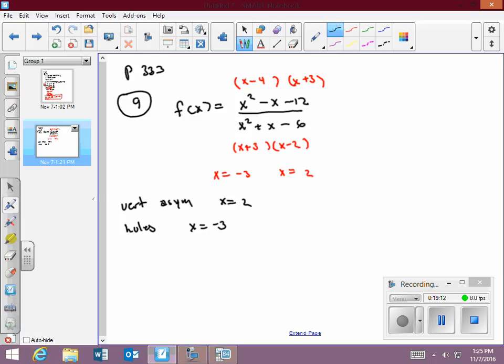Now, the hole is actually, for the graph, going to have a specific y value, so you could plug -3 in and try to find it. But I won't ask you that. I'll just ask what x value would represent a hole and what x value represents a vertical asymptote. Does that make sense? So just vertical. Okay, now,